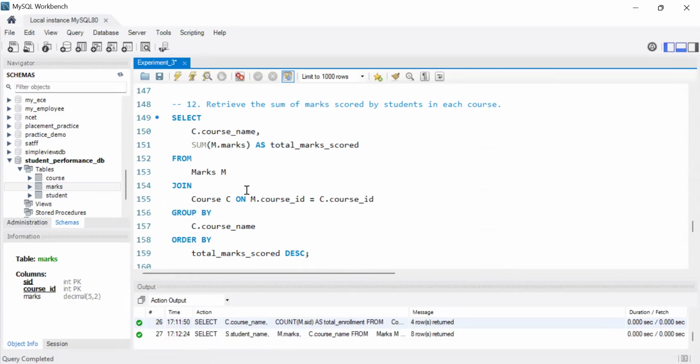Okay, so what is the answer? Retrieve the sum of marks scored by a student in each course. Now just think how many tables you require. The marks table will come into the picture and the courses table will come into the picture. So what I will do here,